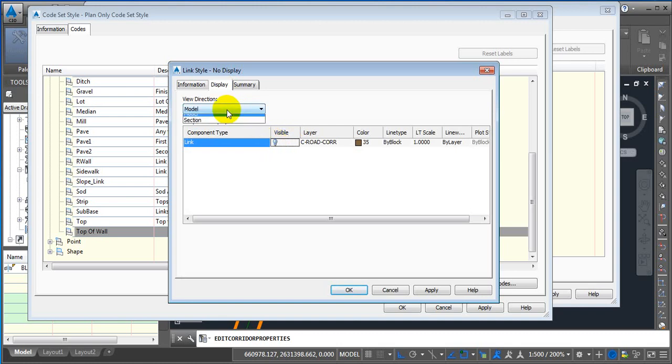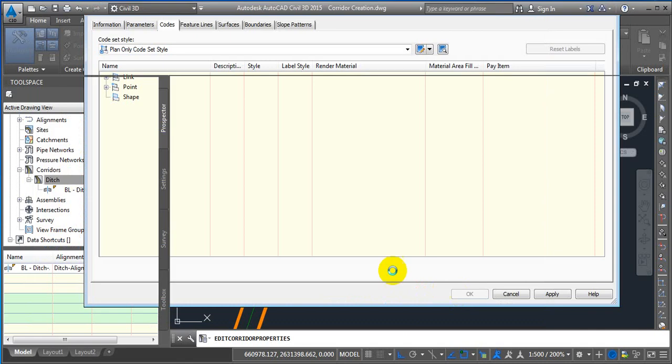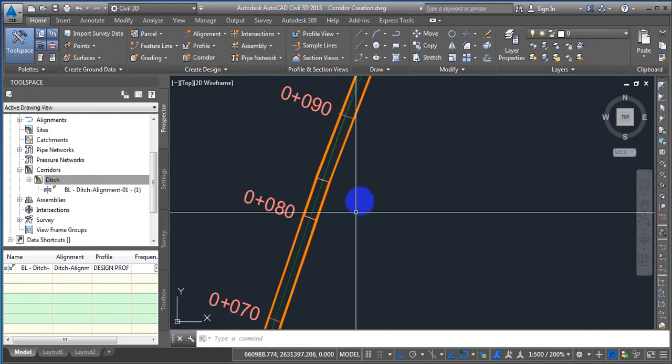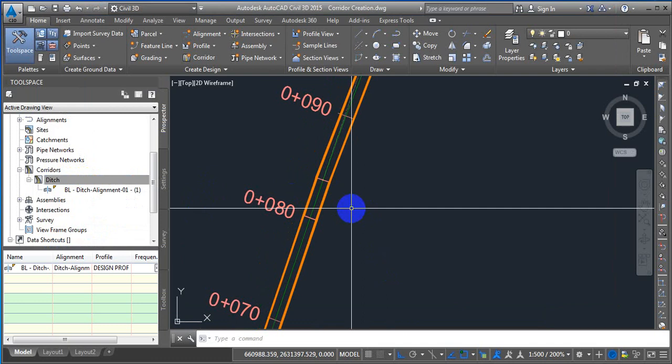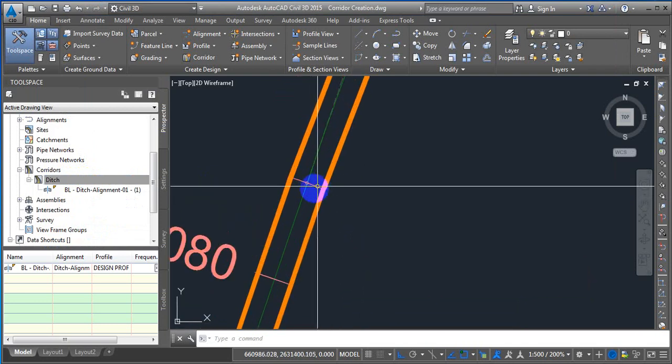Model, I'm going to turn it off. Section, I'm going to turn it off. So now this style will make the link invisible in all three types of views: section view, profile view, and even plan view. Press OK, OK, OK, and OK. So I'll make it rebuild. Yes, this link